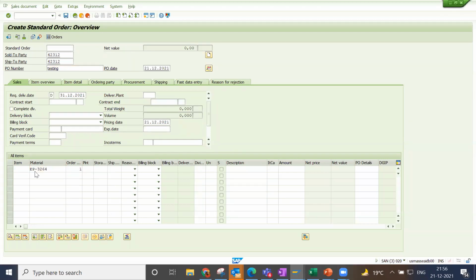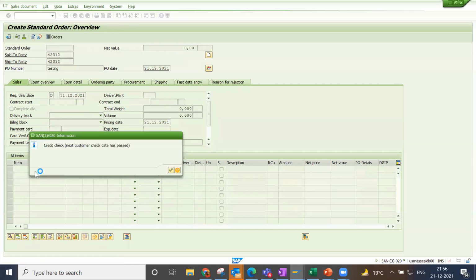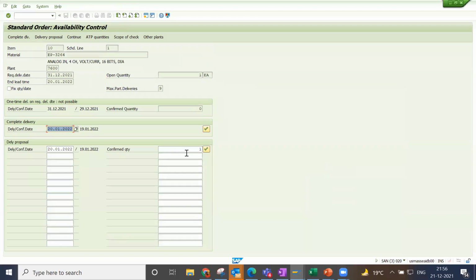See here, I'm giving the material. The moment I enter the material, the system checks the availability, as I was explaining in my slides. Whenever the sale order is created, the system checks the stock availability. You can see here the system is proposing the date. I created the delivery creation date as 31 December.